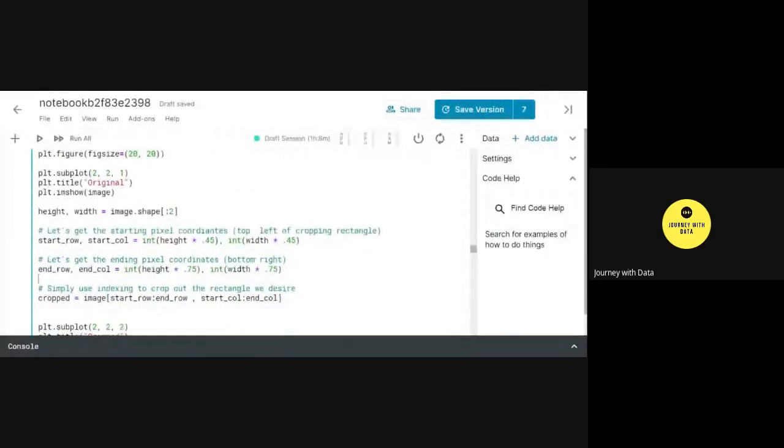Here, end row and end column, multiplying the height by a factor and then multiplying the width by a factor to pull out the new coordinates. Now, simply as this code talks about, I am simply